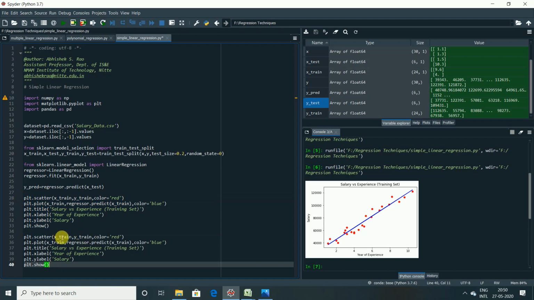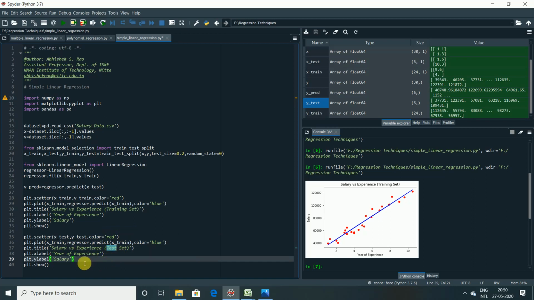I think you might have recognized it. Instead of train, we have to use test, obviously, for the dependent variable also test. I think the rest is the same. This is just the regression line here, there are no changes here. For the title, Salary based on Experience, instead of training, I'll write test set just to differentiate it.